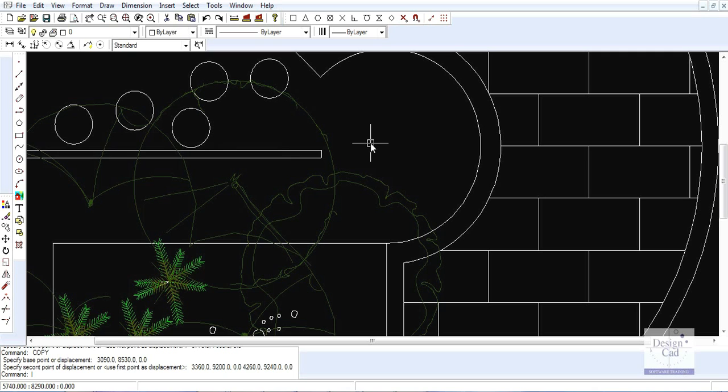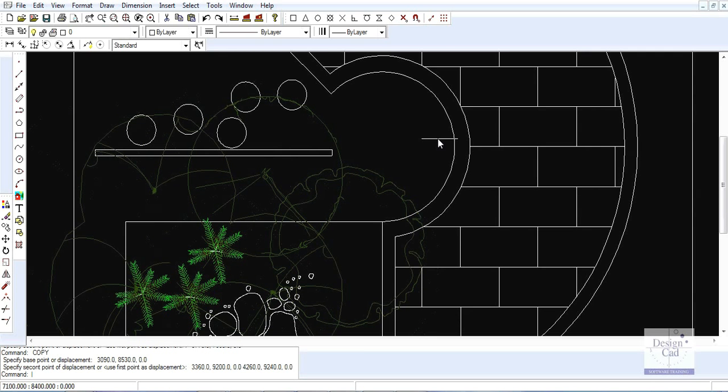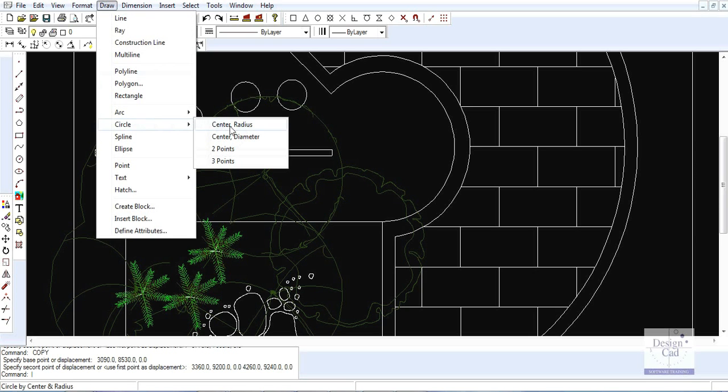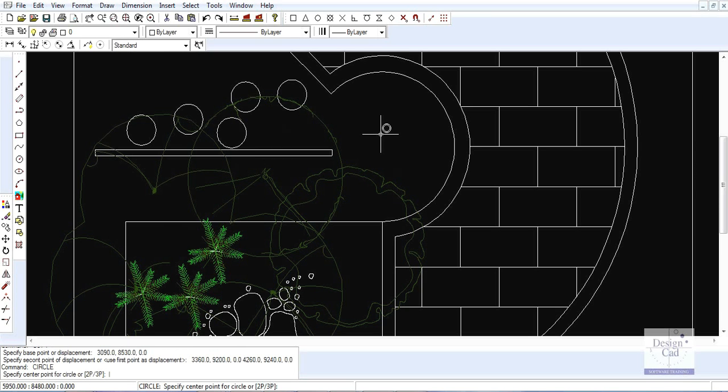One can place new objects into the drawing by using those grips or handles. For the sake of argument, if we wanted to put another circle in here, say as a planting hole for a major tree to go in that space there, we would want it centered on the center of this arc here. We can make sure we do that quite easily by picking our command, so draw a circle, center radius. The prompt says specify the center point for the circle.